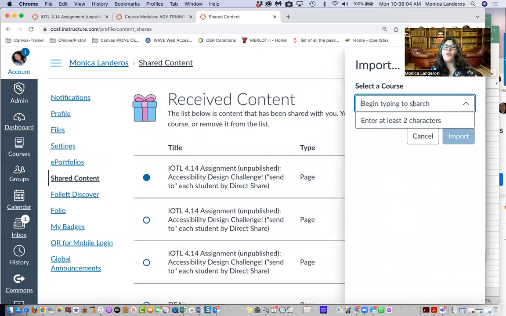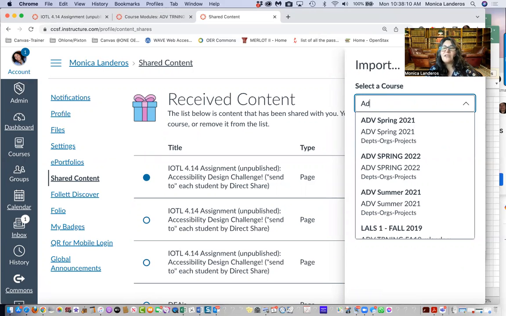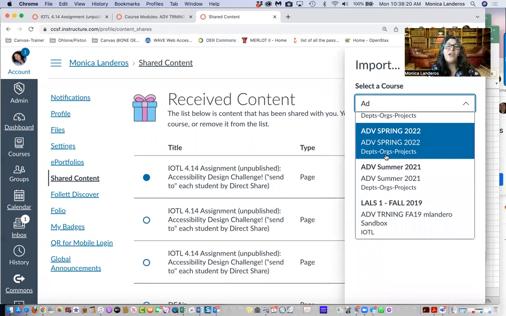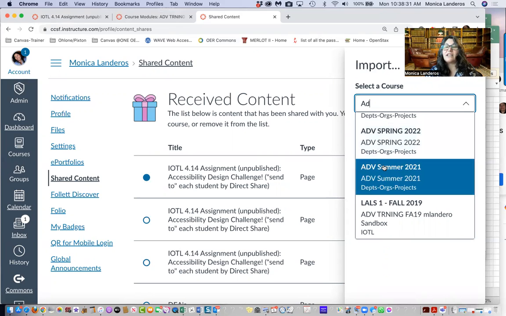And I'm going to go ahead and type in the course name. You can type any of those. Normally, it's not a big deal. You probably don't have mountains of courses here. So type in IOTL and your sandbox should appear. Remember, you need to place this in the sandbox where you have all of your work that you're creating for this summer, right? Because in that way, the facilitators can jump in and take a look at that.